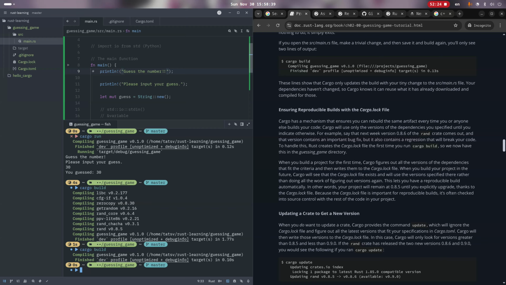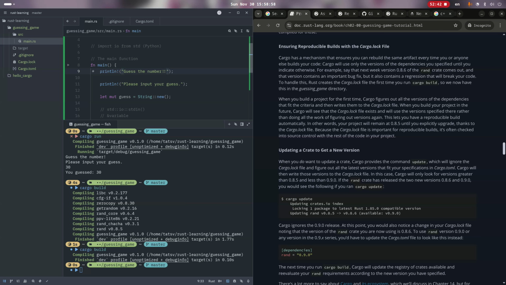So look at the version of crates in the Cargo.lock file. Updating a crate to get a new version: when you do want to upgrade a crate,